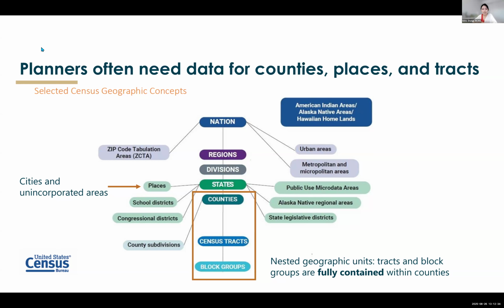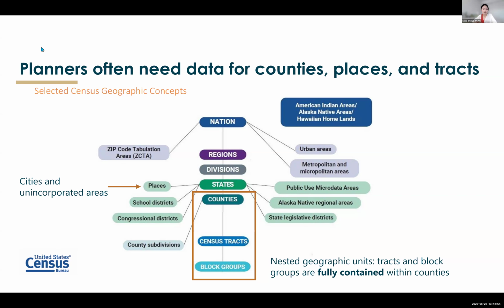That means that these are nested geographic units. In other words, all census tracts are nested within a county, and then all block groups are nested within a given census tract and hence fully contained within a county.